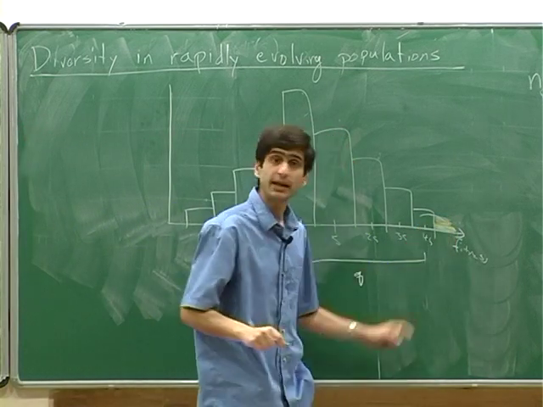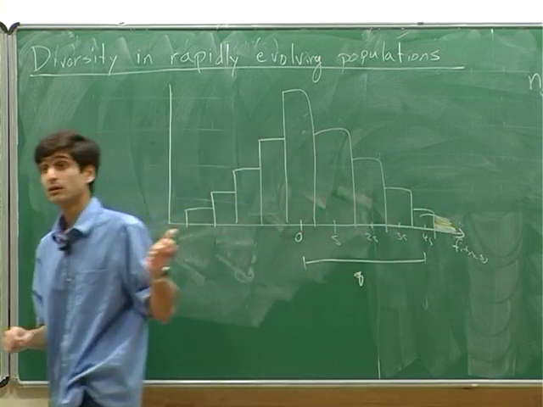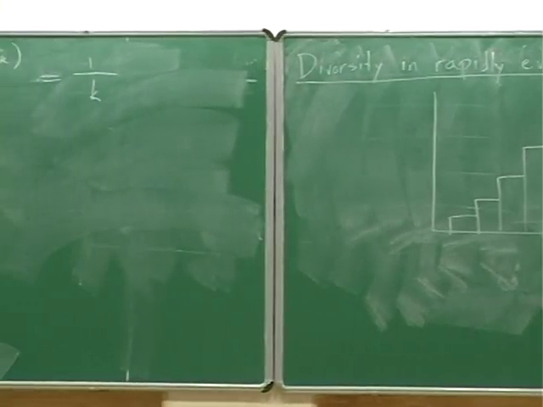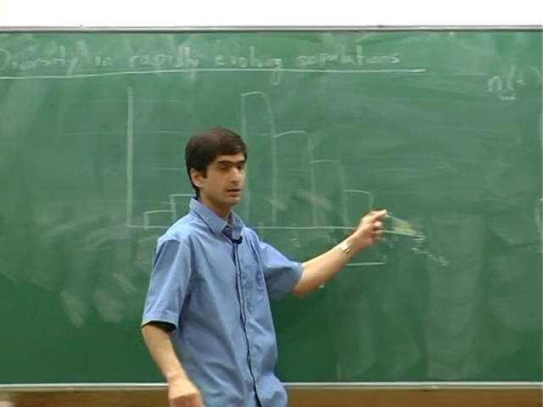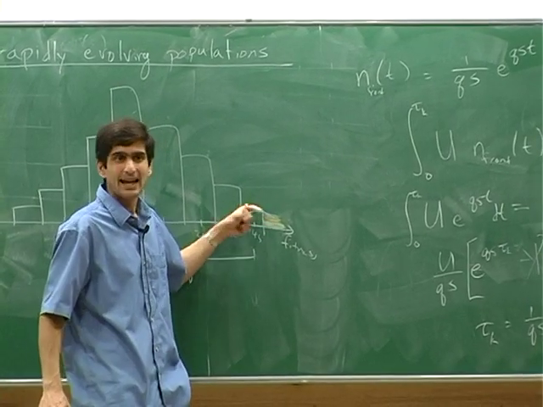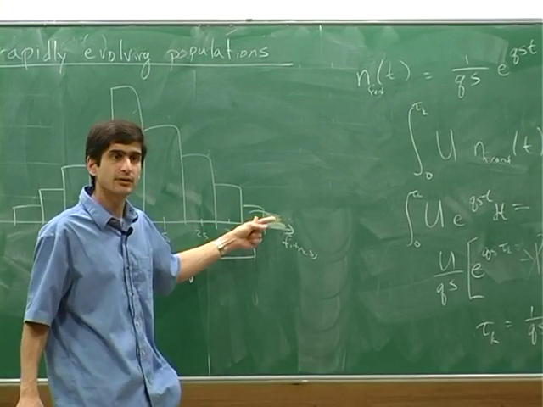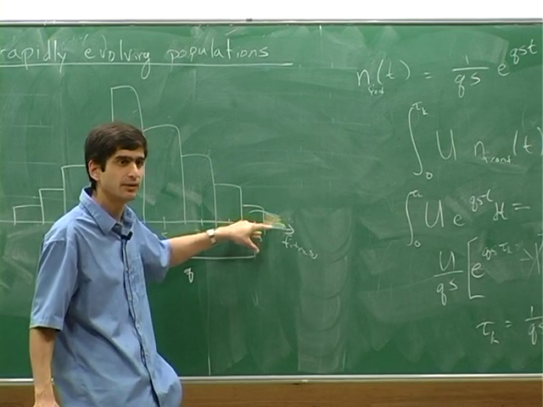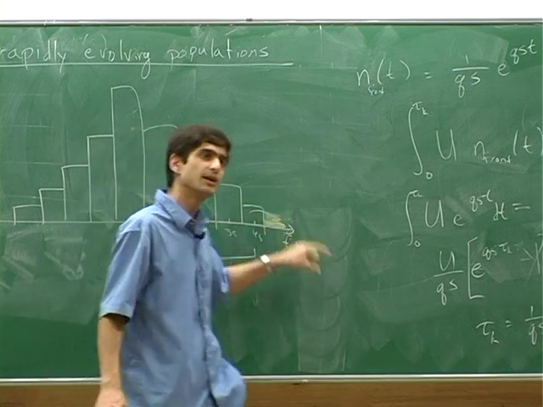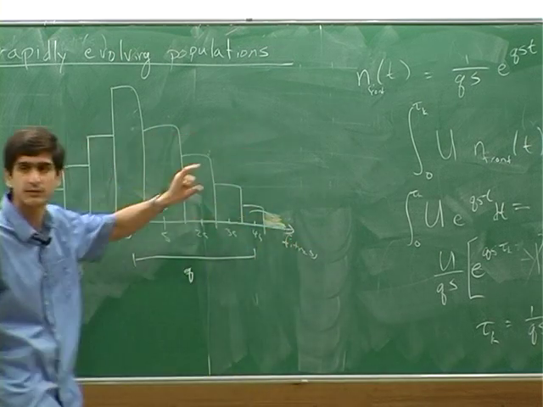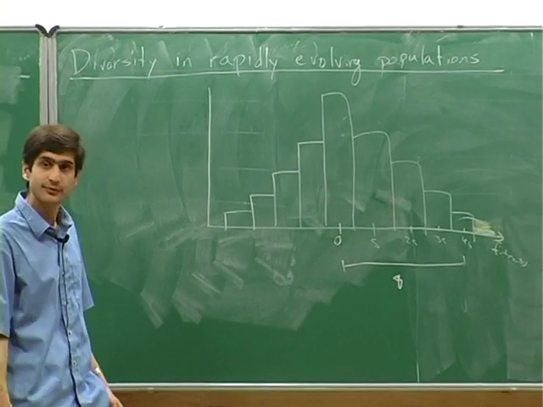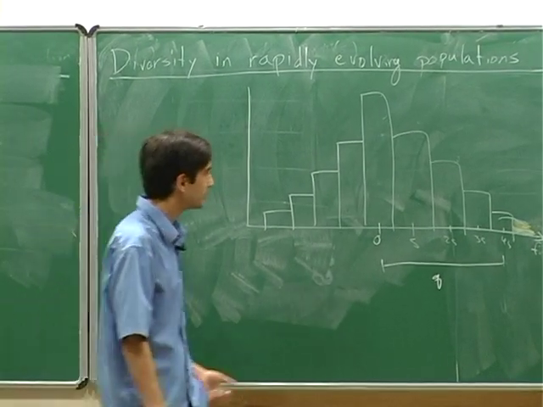Okay. So there's actually quite a lot of diversity as each of these new classes is founded. There are lots and lots of distinct mutations that will make up this group of individuals. One of them will be bigger than the others, but the first one is twice the size of the second one, and only 3 times the size of the third and 4 times the size of the fourth, and so on. So there's actually quite a lot of these. Okay. And so basically what we can do to try to figure out the genetic diversity within these populations is,